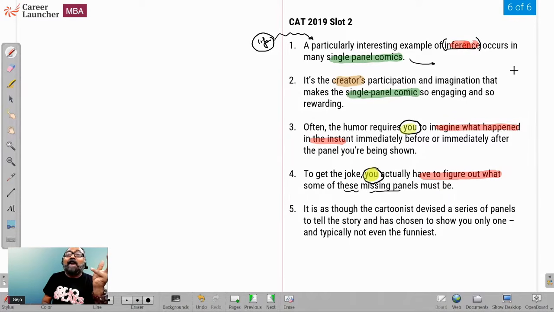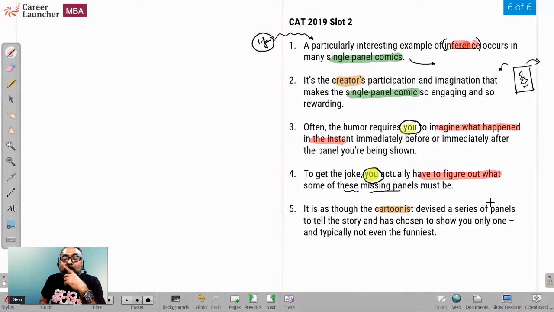So you've got a single panel comic. You just have one panel, so there may be something before it and something after it. You have to make sense of that. It is as though the cartoon is the creator. So here we have the creator